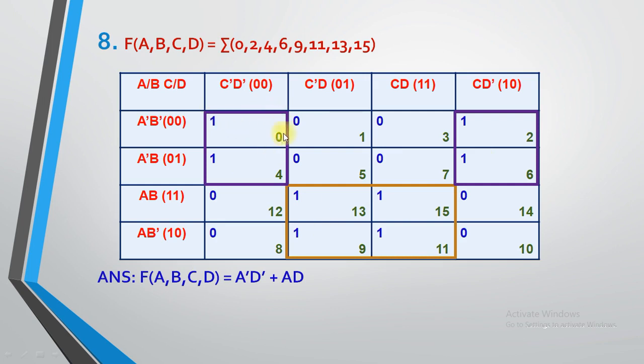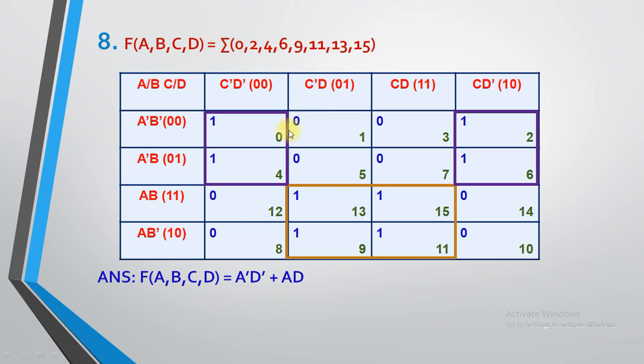Now consider the purple group. Again you can use your hand to hide the middle portion. Now for this box, the value is A dash and B dash is there. So the B value we are not going to consider. So the first value is A dash. Now consider the top area: C dash D dash and C D dash. So again the variable C we are not going to consider. So the output is D dash. So the first output is A dash D dash.